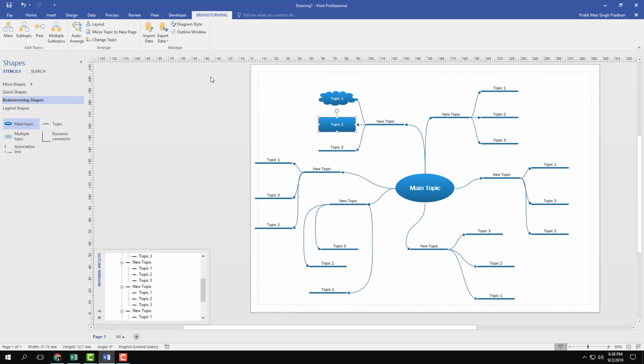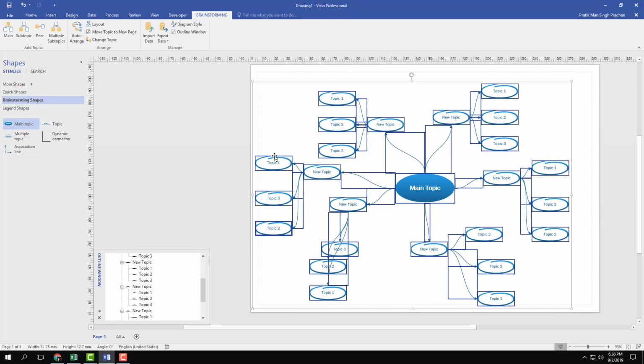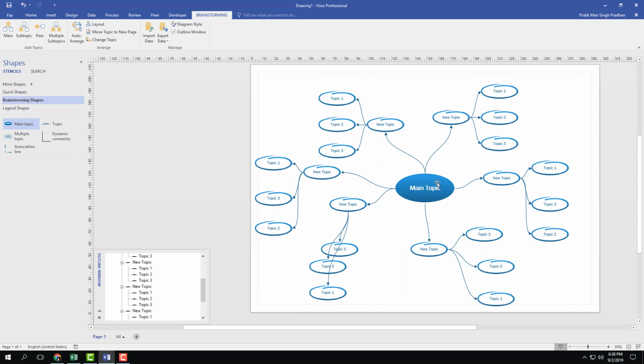If I want to change everything else, I can simply select all of it. I can go to change topic and then select something else, like, for example, freehand, press OK, and everything is changed to a freehand object right here. I can also select the main topic right here, change topic, and you can change it into cloud, rectangle, and so forth. So you can see that you can entirely change the look of the diagram by using the change